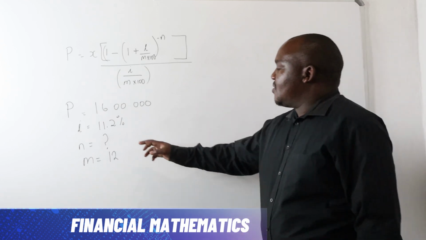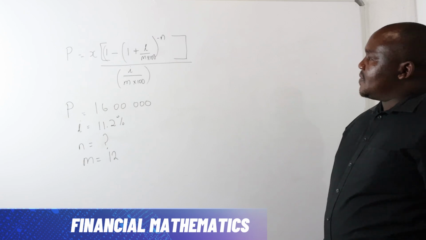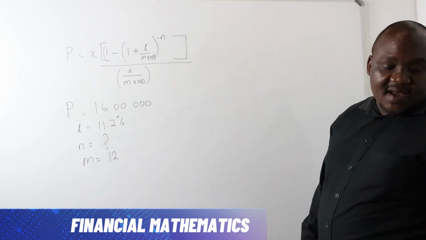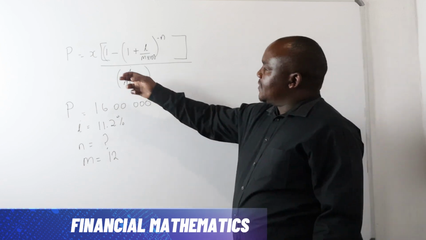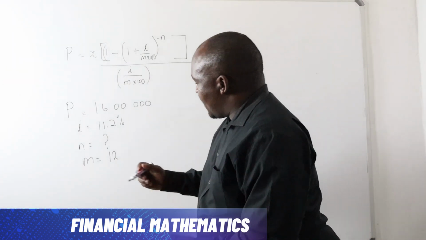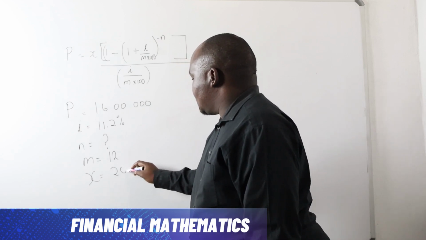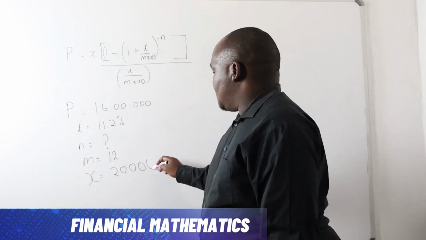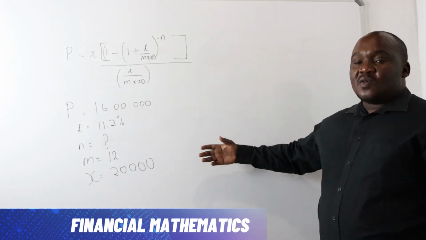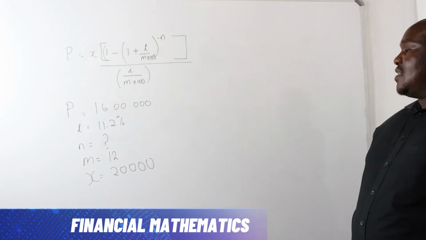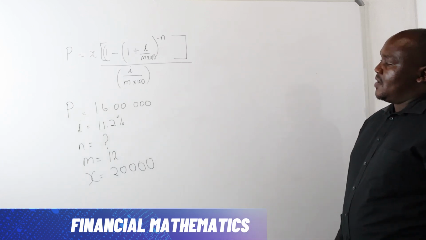We are asked to calculate this value of n, which is the number of times he can keep on withdrawing. We are told that the value of x, which is what he's going to withdraw every month, is 20,000 rand. I really wish I was Tino, withdrawing 20,000 every month from a jackpot that I got, 1.6 million,